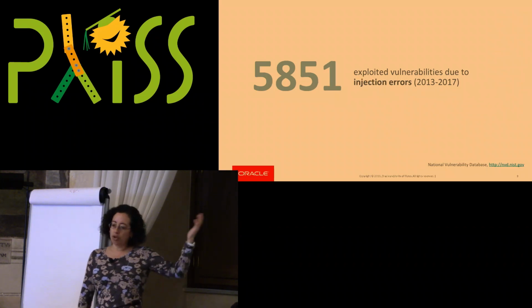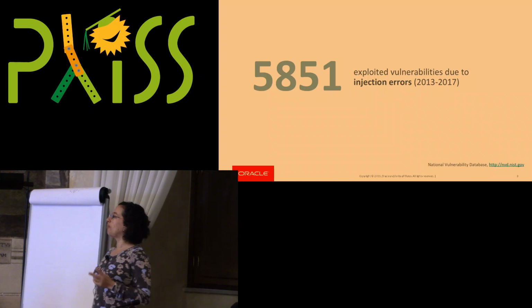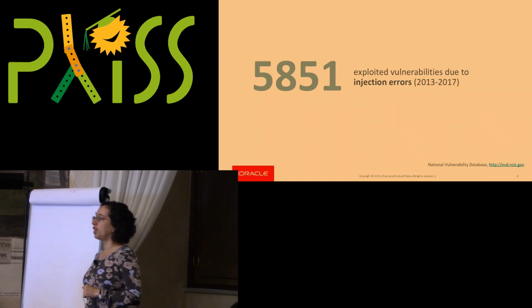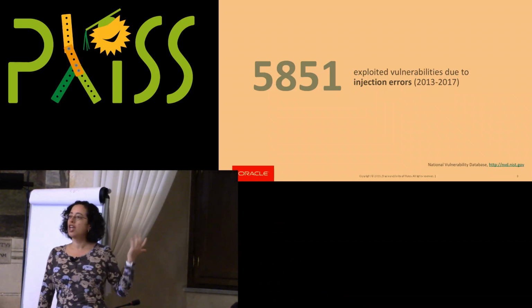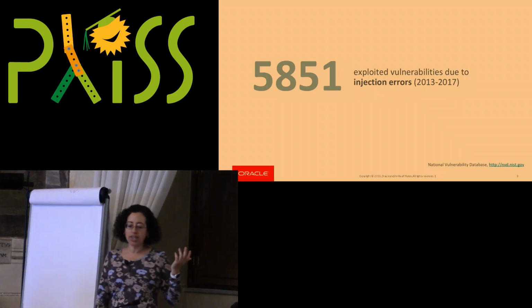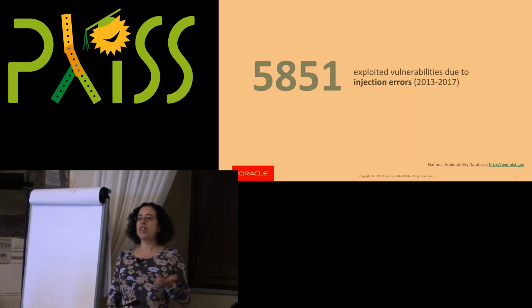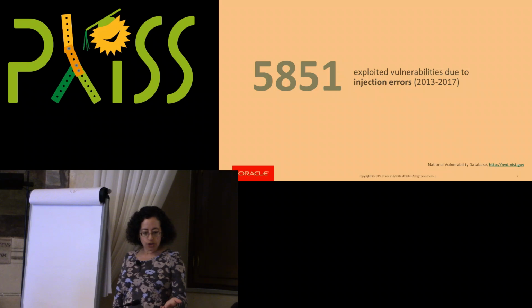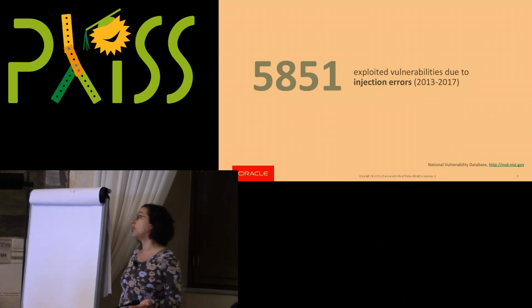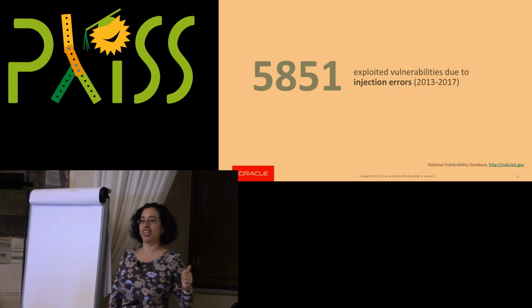And then when you look further into the top 2 types of entry in this National Vulnerability Database over those 5 years, you find that injection vulnerabilities are actually very close also to buffer overflows: 5,851 unique exploited vulnerabilities. So this equates to the order of 3.2 new injection vulnerabilities being exploited every day. And you have to bear in mind that this data doesn't have all of the vulnerabilities in the world, of course, right? These are the ones that get reported.